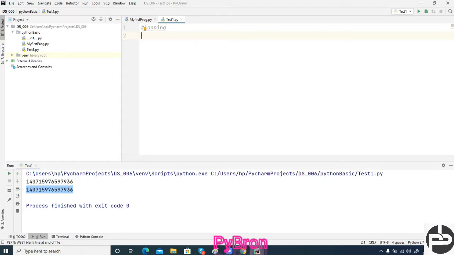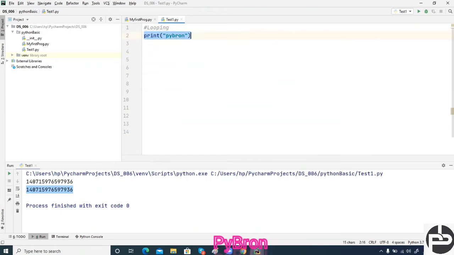If we are going to learn something, we should know why we have to learn it. So there is a concept of for loop and while loop. Suppose I would like to print this pybron 1000 times. What can you do?